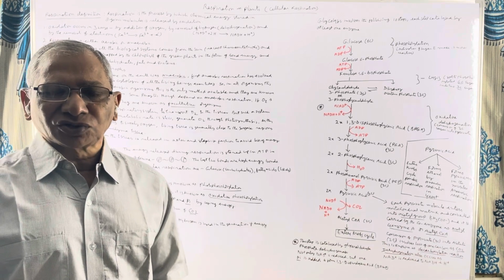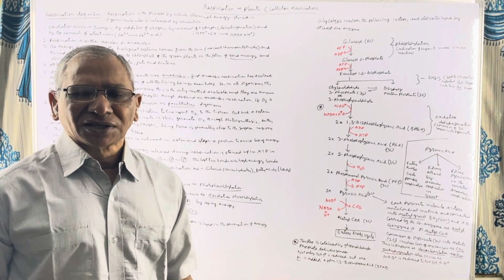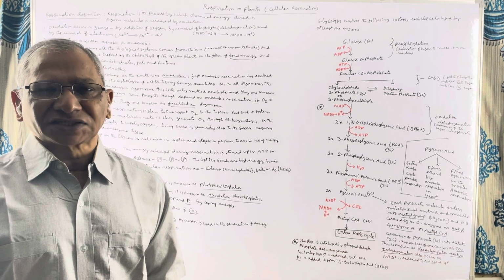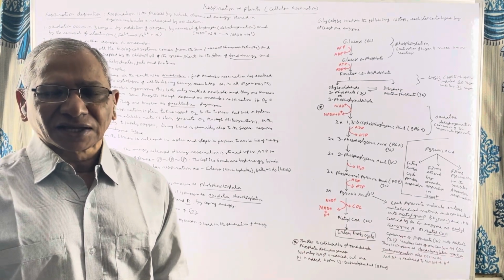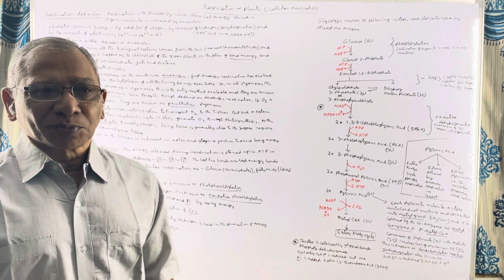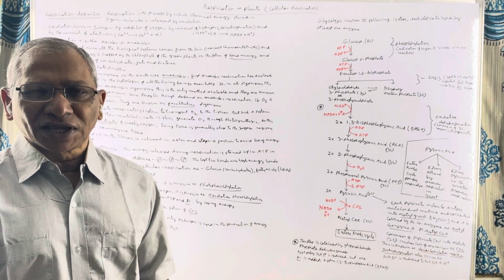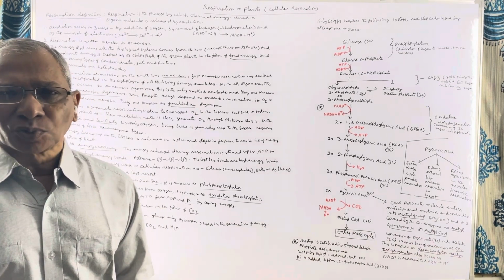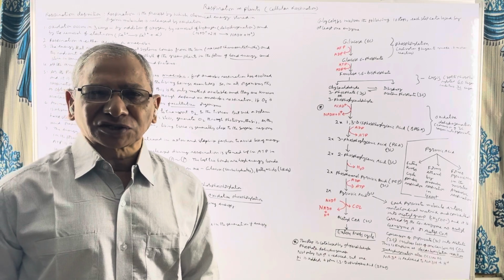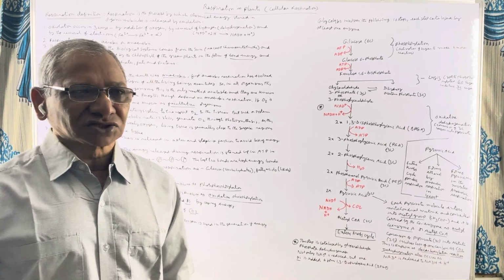When fats are broken down into fatty acids and glycerol, the fatty acids provide energy and they enter the glycolytic cycle. The proteins are used only as a last option because proteins serve a variety of functions in the body. That's why proteins are rarely used in